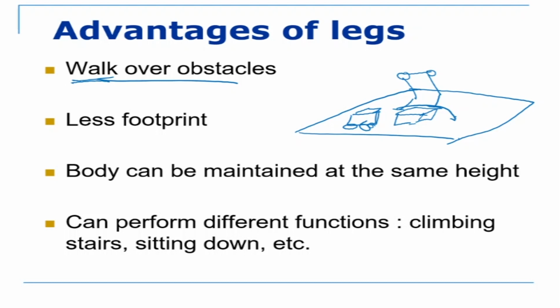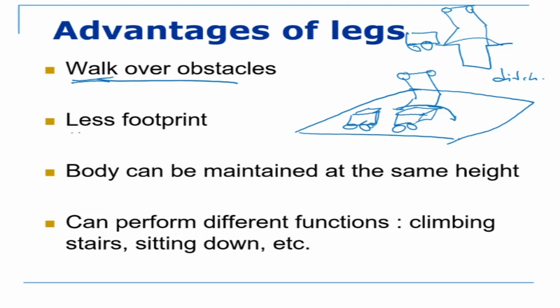It can climb stairs, it can go over obstacles. It can step over a ditch. For example, there is a ditch here, and a wheeled mobile robot obviously can't go, it will fall inside the ditch. But a bipedal robot like this can probably take a step and go across the ditch, which a wheel system cannot do. So this is the advantage of legs over wheels. Disadvantage being that you need to balance it and it consumes more energy.